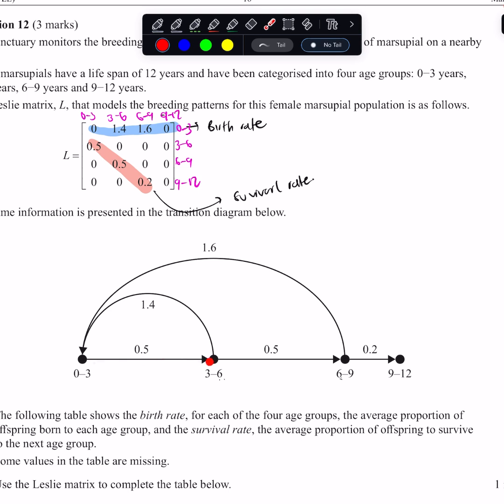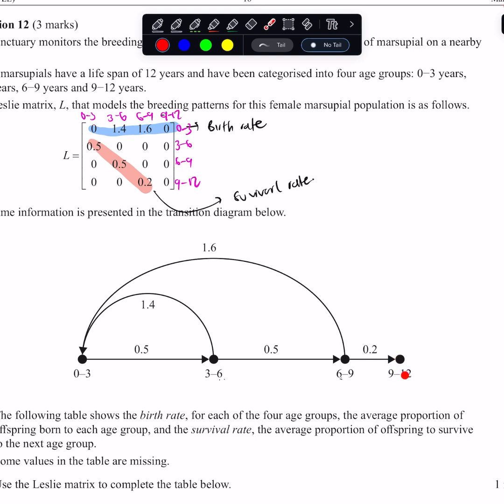They move to 3 to 6. Now from the ones that went 3 to 6, 1.4 survive at an age 0 to 3, and 0.5 survive the next age group. Okay, and then it goes beyond that. And for the next one, which is 6 to 9, 1.6 survive the first age group, 1.6 survive in 0 to 3, and 0.2 survive the last age group, which